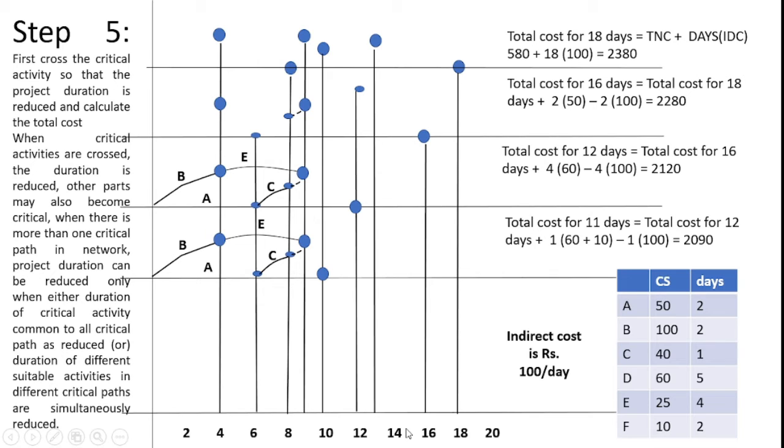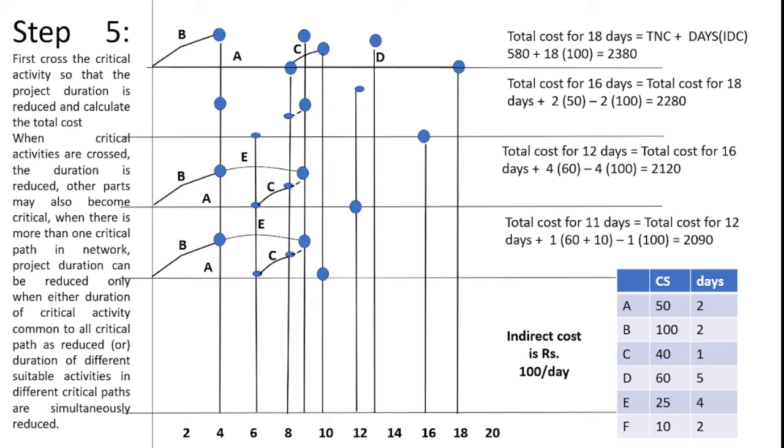After that, I mention A. The first step I mention is A. A consumes 8 days as per the problem, so I draw the line up to 8 days. After that, what about B? B follows 4 days, as per our network diagram, so I can represent it like this. And then what about C? C consumes 2 days, so I can represent the activity here. After completing A only, I can start the C activity, so I represent the C activity after completing the A activity.